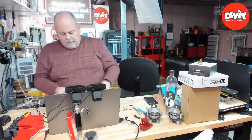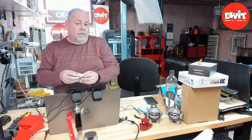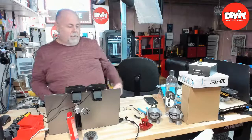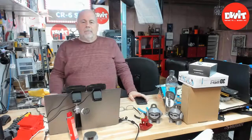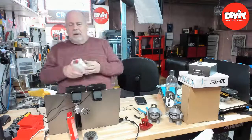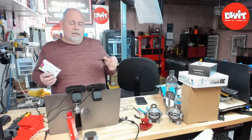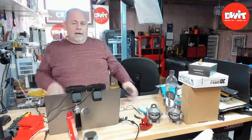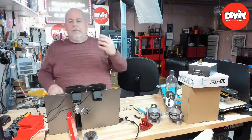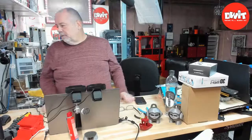I guess the disadvantage right now is, I have a couple of those Creality cameras which work really good over Wi-Fi, so I can turn on my Creality camera right now and see what my printers at the office are doing, but I can't shut my printers off. So for me, rather than learn all this Raspberry Pi and OctoPrint stuff, I think it's simpler to just buy some smart plugs and plug each printer into a smart plug. If I see them screwing up on the camera, boom, turn the smart plug off, power the printer off. So